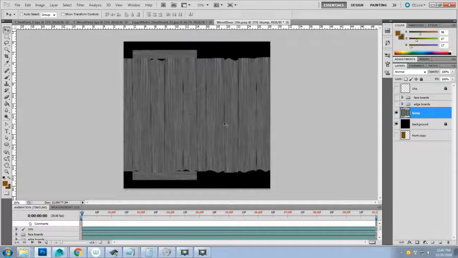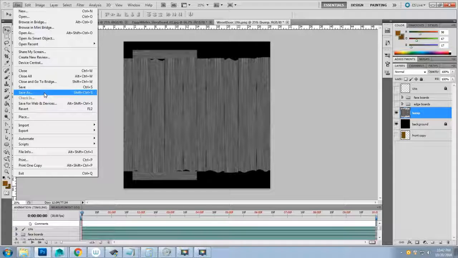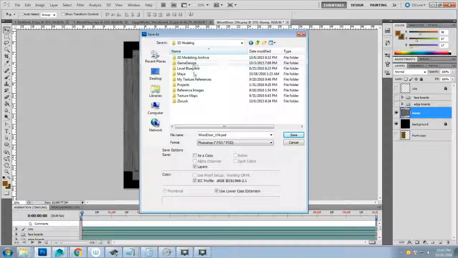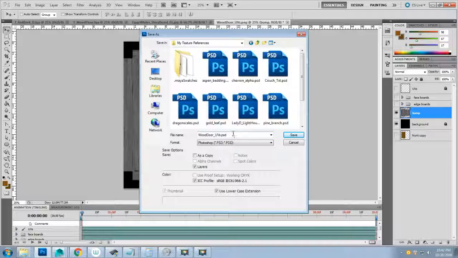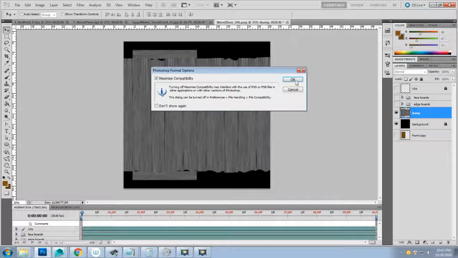So I need both of these to be saved out. So I will File. I'm going to save this to my game design folder, and then inside my texture references folder. First things first, I'm going to save the PSD, so this can be a wooden door. Since this is a texture map, I need to say that it is a texture map. If I don't say that, then I'm just going to think it's a texture, and I can use it on anything. Texture maps are specifically mapped to a texture layout or a UV layout. So the PSD first,